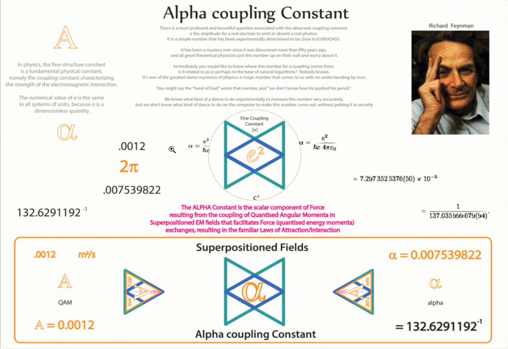We show that superpositioning of the alphas in any form, be it electrical or magnetic, will give us the coupling constant, referred to as the alpha coupling constant, mulled over for centuries now by physicists, described in many ways, but at all times, mathematically, they've been chasing the wrong number. It is not the inverse of 137, it is the inverse of 132. And this inverse of 132 relates directly to charge, to the speed of light, which again is only the square root of a 2 pi